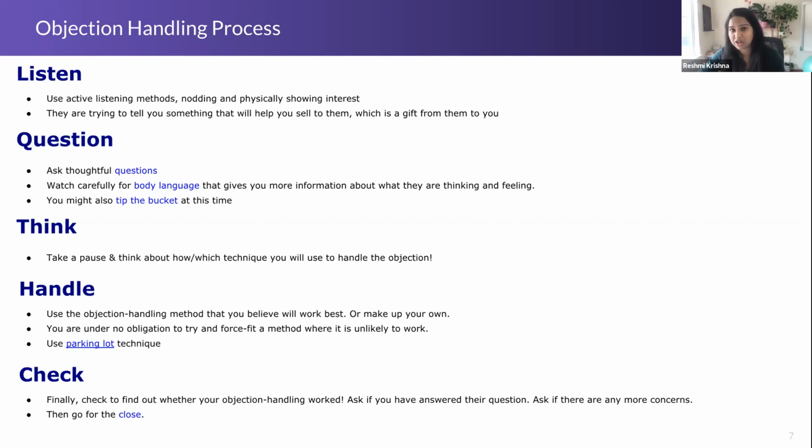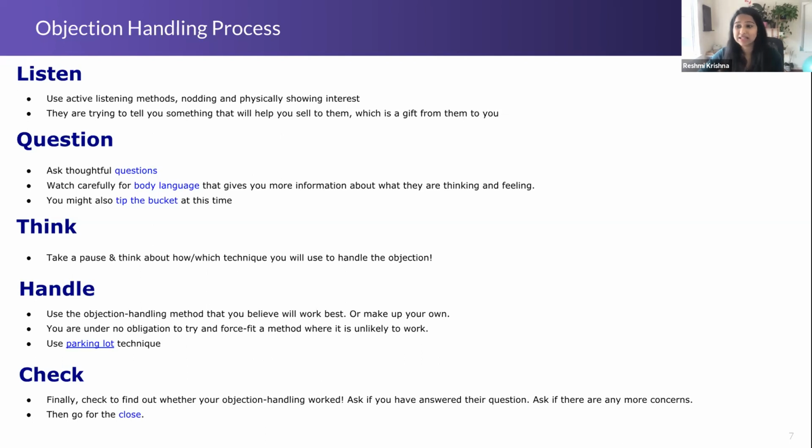There's another technique which I have seen a lot of success with, and this comes from the project management field: using a parking lot. You might come across folks in the meeting whose only aim is to object. You will see when you do these customer meetings, they will keep on raising objections. At that point, it's up to you to utilize the time you have, say an hour, and discuss the success criteria of the meeting with yourself before you go in, and try to parking lot those questions. Of course, get back to them at a later point, but don't let them derail your meeting. That's another important thing here.